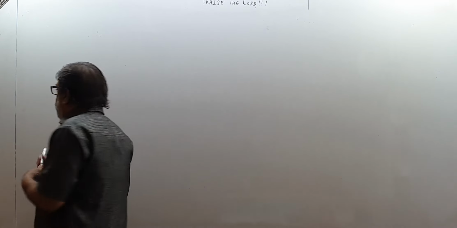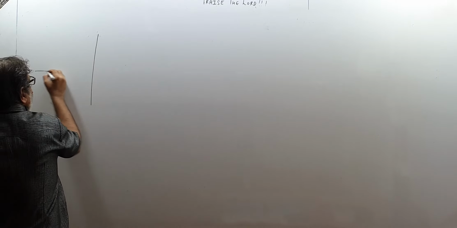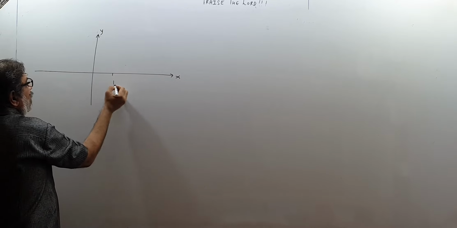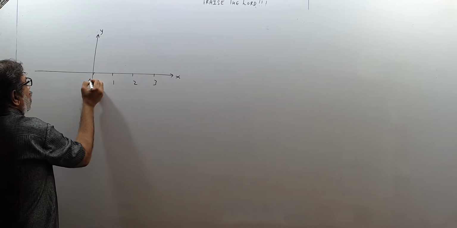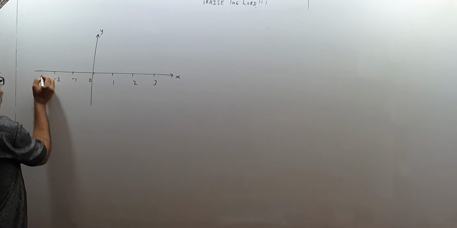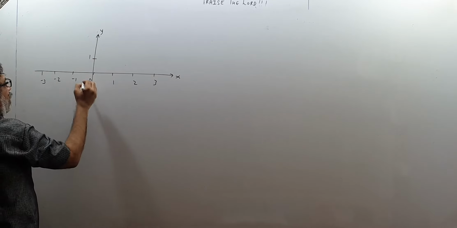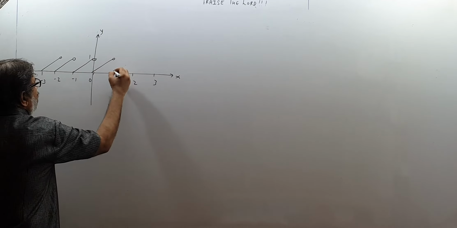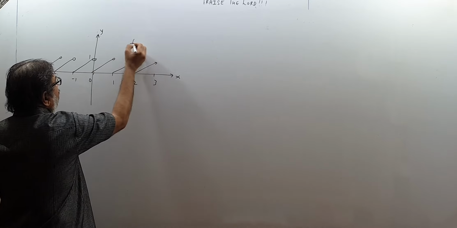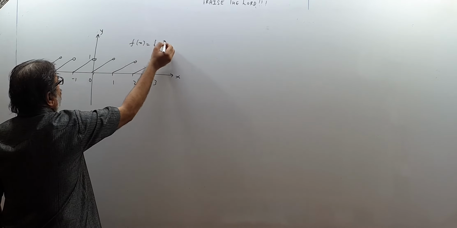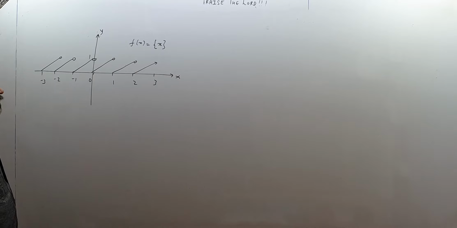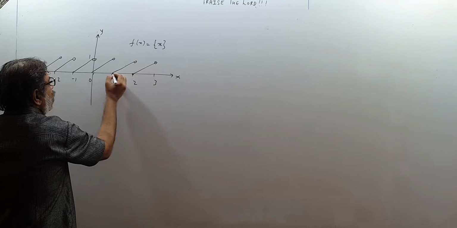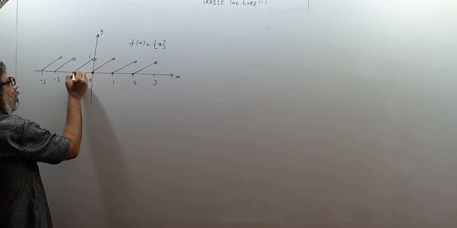Children, if you see the graph of the fractional part function, which you have already seen in the previous videos, where elementary ideas were given about all the functions. This is 1, this is 2, this is 3, this is 0, minus 1, minus 2, minus 3, and this is 1. The graph goes like this, if you can recall. This is the graph of the fractional part function. f(x) is equal to the fractional part of x. And like this. Open circle means these points are not included, and these points are included, which are dark circles.